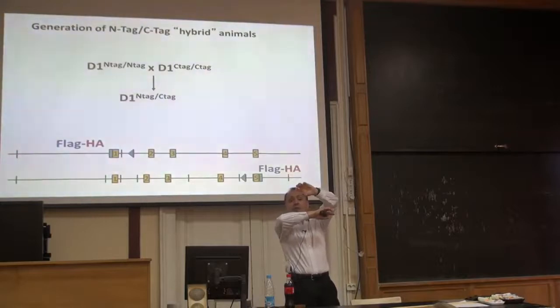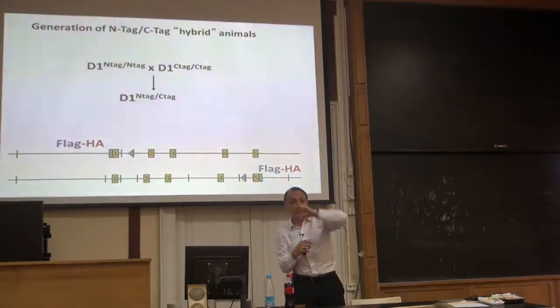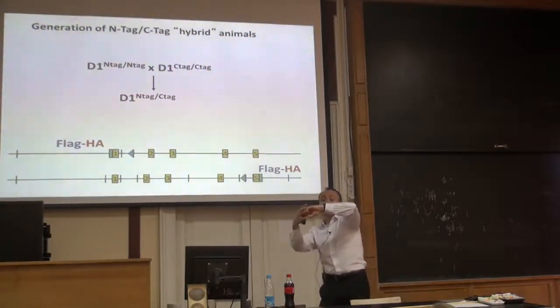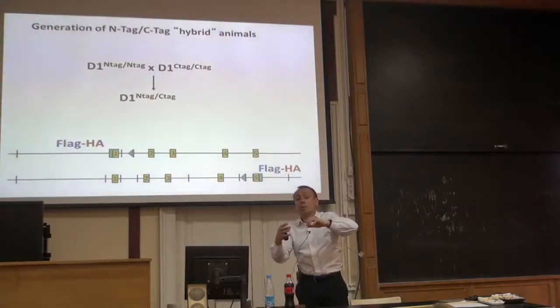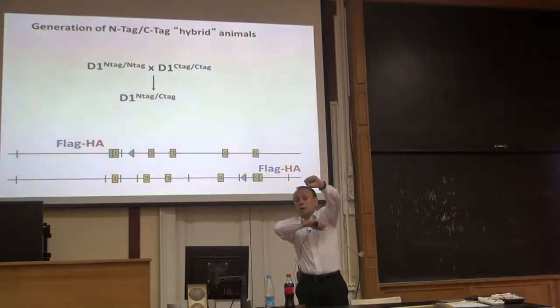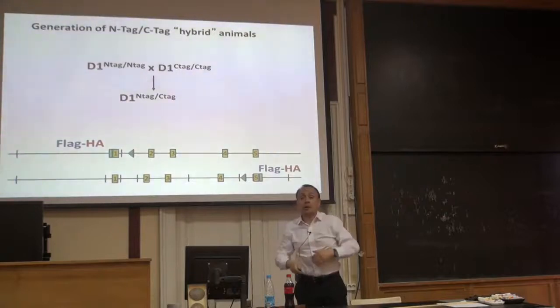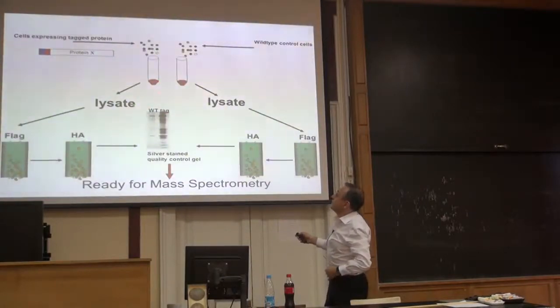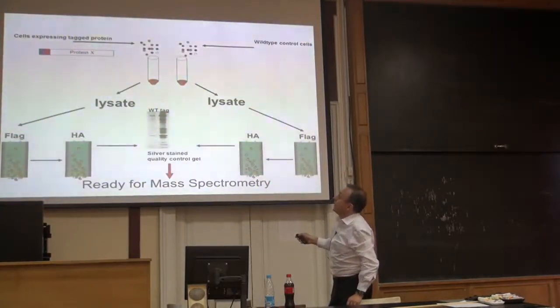And this is a trick, so we can capture all the interactors. If we just had everything on one end, then theoretically we might lose some interactions. But because we have hybrid mice where 50% of the protein is tagged here and 50% is tagged here, then even if we are losing some interactions here, we are going to capture them here and vice versa. And then he took different organs,